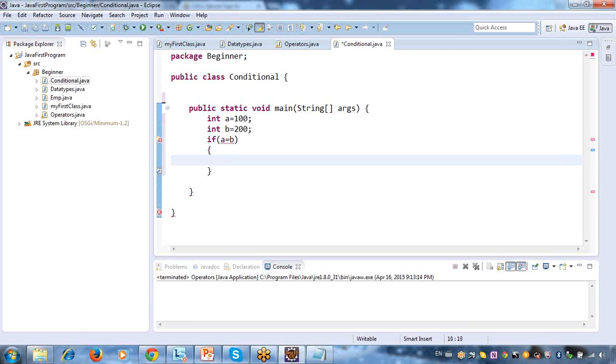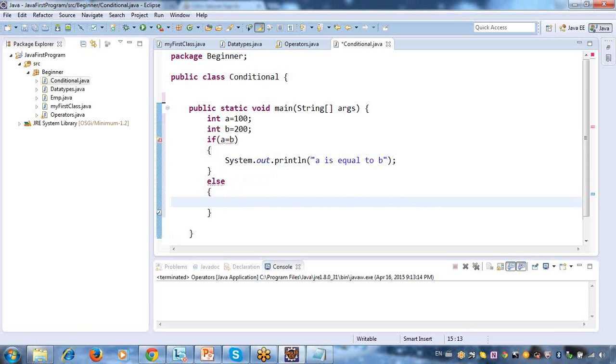And one more thing guys, every time in your Java, you have to use your parenthesis. You have to write your code within this parenthesis. Now what I will do? I will say that A is equal to B, like this. This is how you can write. Now else, again parenthesis.